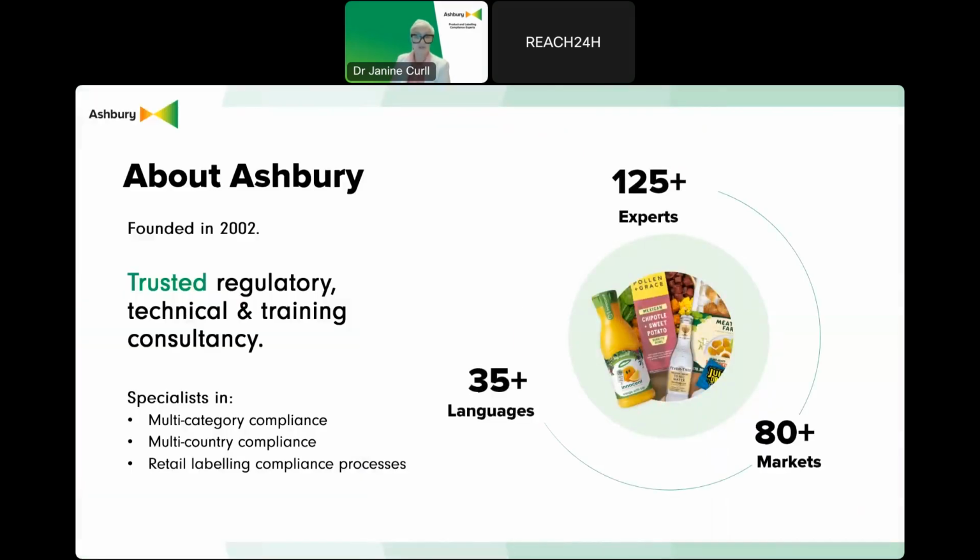Just after I've introduced myself, I would like to introduce you to Ashbury. Ashbury was founded with a clear mission to give retailers and manufacturers complete confidence that their product information is compliant while supporting consumers in making safe and informed choices. We're a regulatory, technical and training consultancy specialising in labelling and compositional compliance across a wide range of product categories